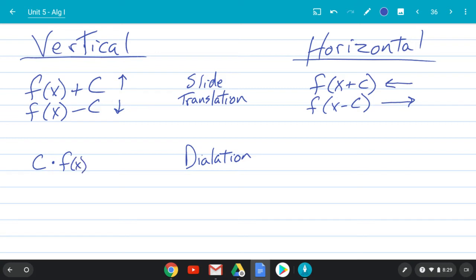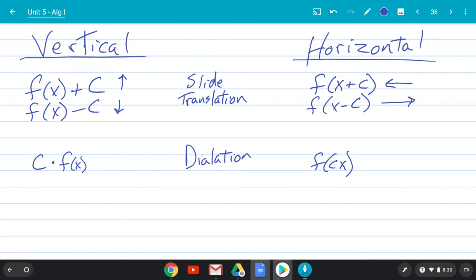But if it was on the inside of the function, it was horizontal. Now, here's the other thing that's kind of weird about this: